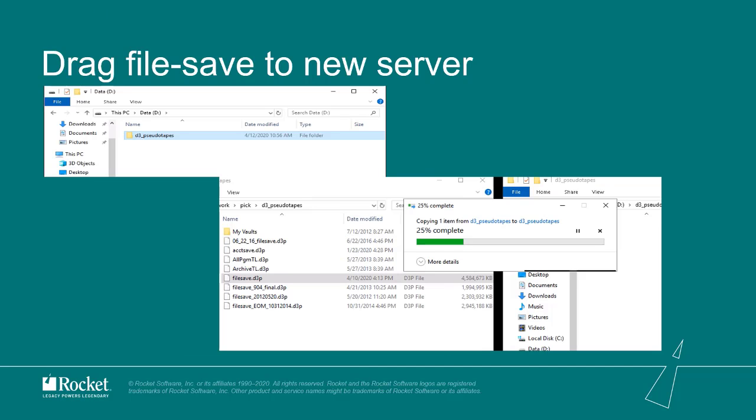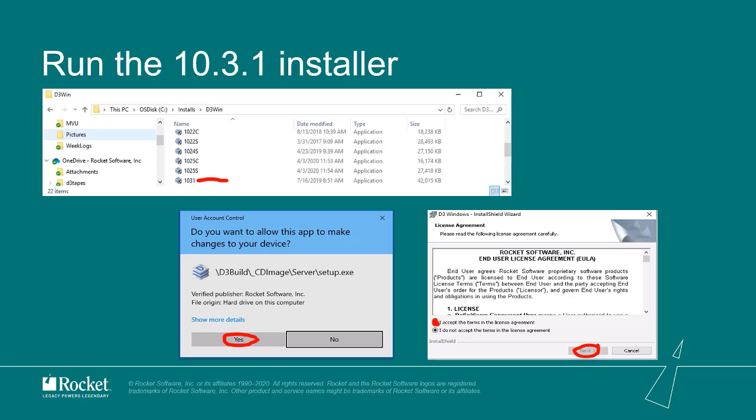If you're installing D3 on a separate server, it's time to drag the file save from the current box to the new box. So now we're ready to install D3 10.3.1. Open the Windows directory where you put the installer. Notice the naming convention has changed ever so slightly. On prior releases, you had an s.exe and a c.exe. The S installed the server on the main D3 server, where the C installed the D3 client piece on other Windows boxes so that utilities like the File Manager and D3 TCL could be run from multiple computers. As of 10.3.1, the server and client installers are combined, so you'll be looking for a file called 10.3.1.exe, not